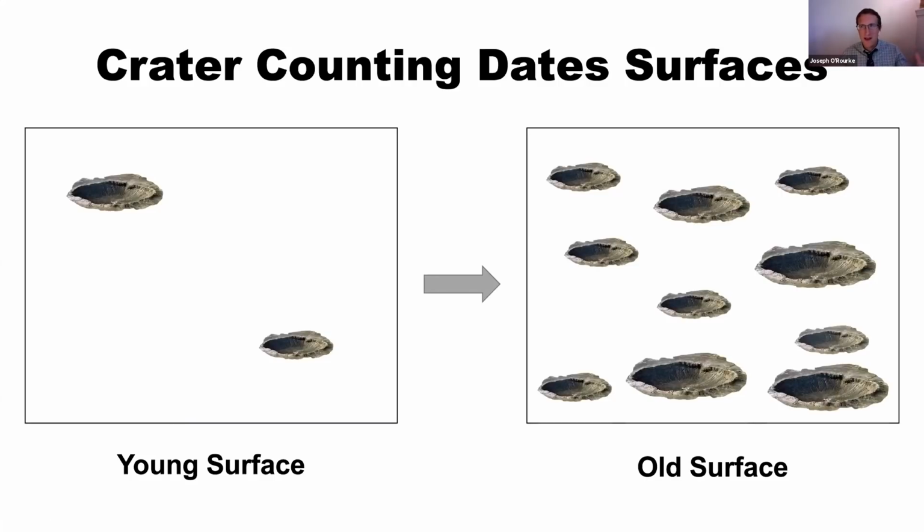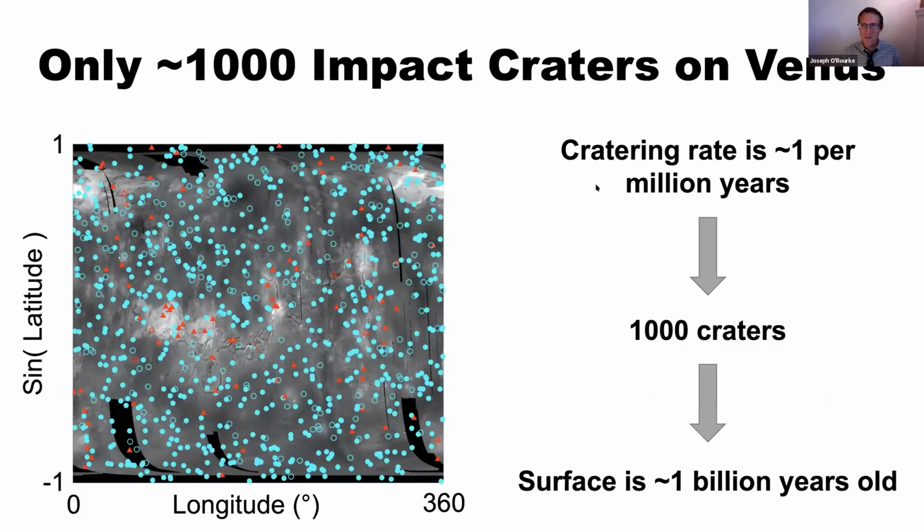So how long it has been since it was last covered by volcanism at a depth sufficient to bury all the old craters. So the Moon and Mars have surfaces that are in parts like 4 billion years old or close to that. And so they have millions of impact craters ranging from craters that are almost hemispheric in size down to very, very small. But Venus is a great planet for lazy crater counters because there's only about 1,000 impact craters.